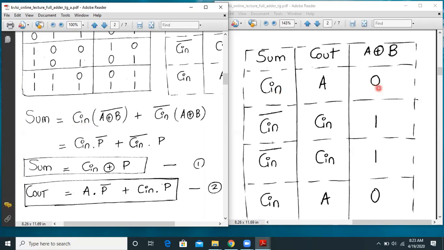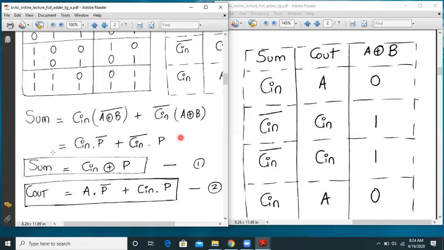So sum is equal to Cin times A XOR B the whole bar, plus, here we can see sum is 1 when Cin bar and A XOR B is 1. So we can write over here sum is equal to Cin into A XOR B the whole bar plus Cin bar into A XOR B. Understood?